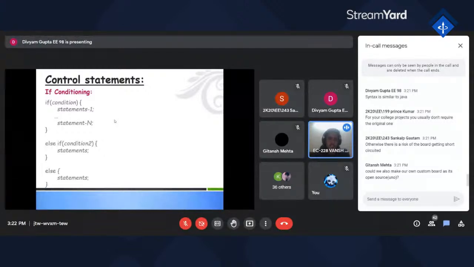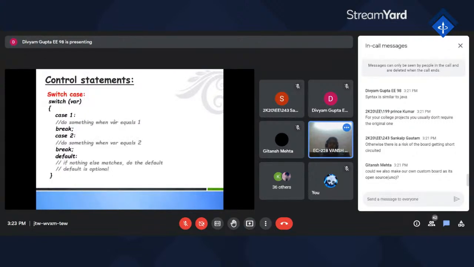Otherwise, if the condition comes out to be false, then it does not execute the statements. And in the end, if the if condition is not true, then with if else it executes the statements of the else block. So that is its work. Next slide.